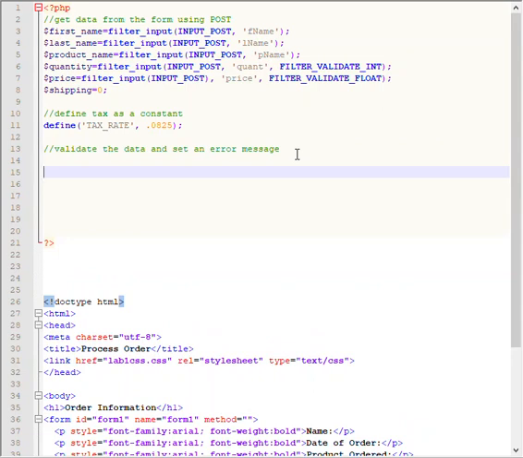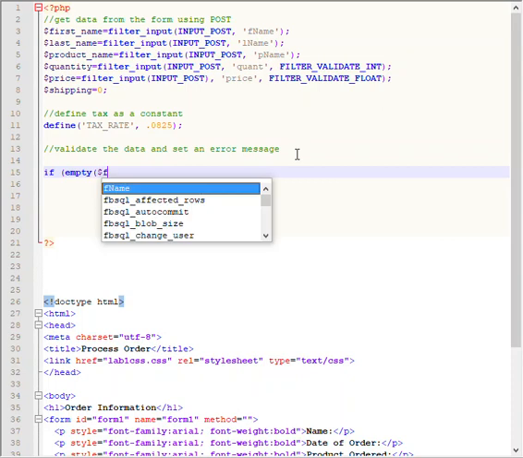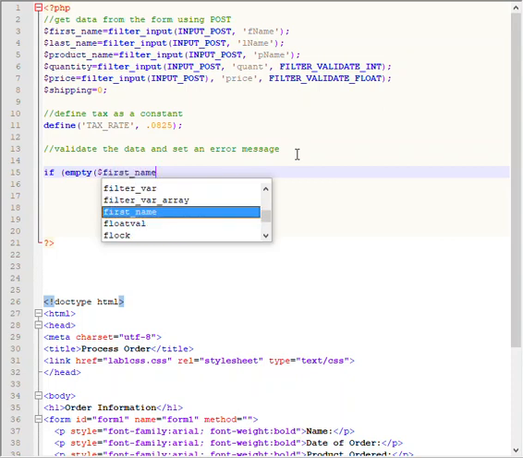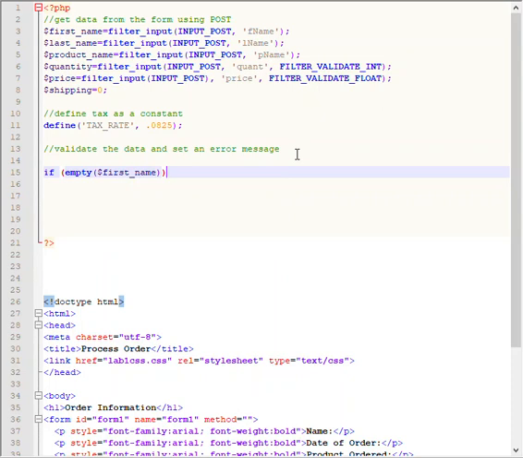If we find a problem, we set an error message, and then once we have an error message later on, we can go back and deal with that. So the first thing I'm going to check that your lab requires is to see if first name is empty, and I'm going to use the built-in function empty, and feed my variable first name into that